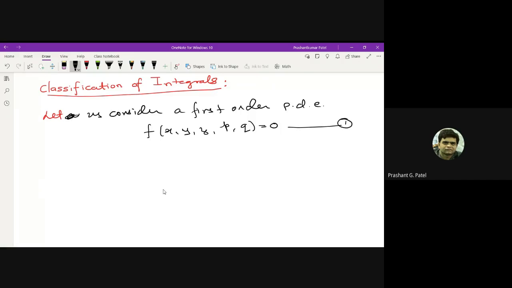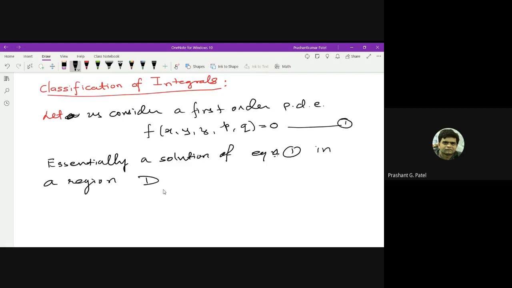So essentially, a solution of equation 1 in a region D. A region means it is an open connected set as a subset of R square, where R square is a Cartesian product of R and R, is given by